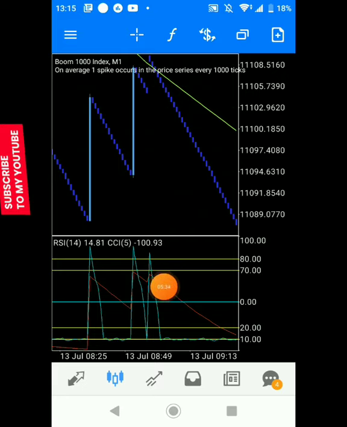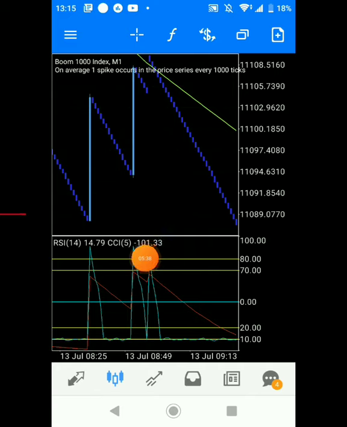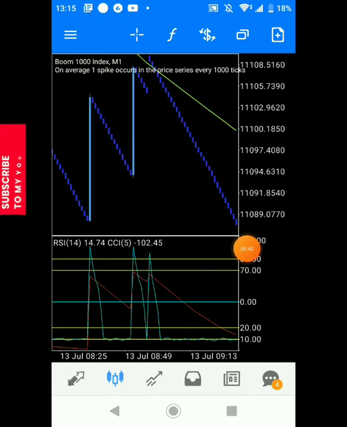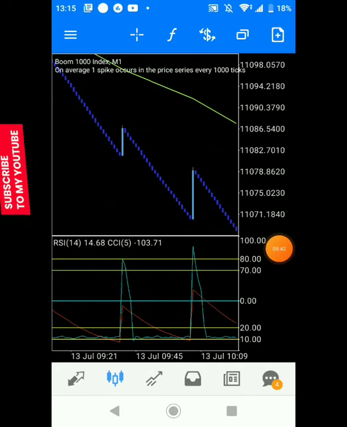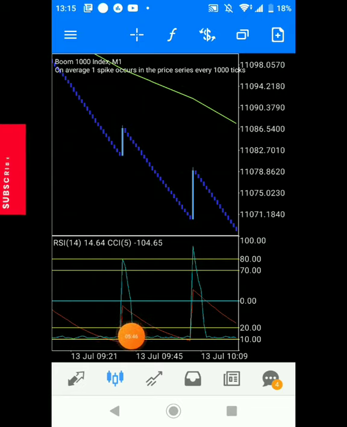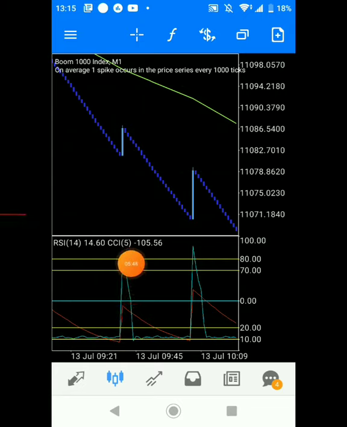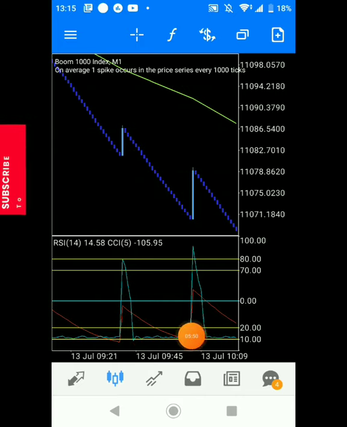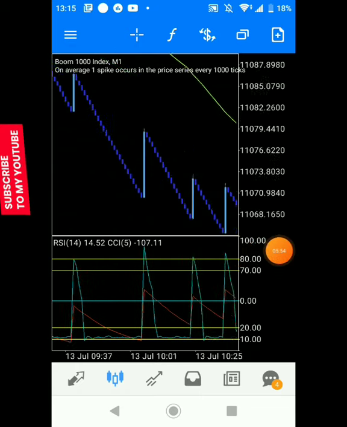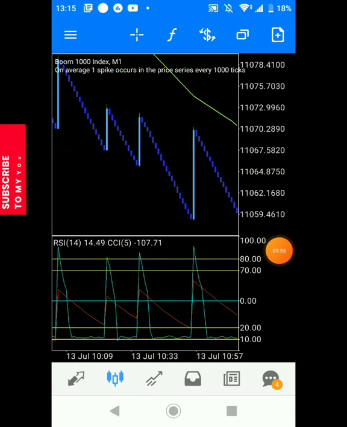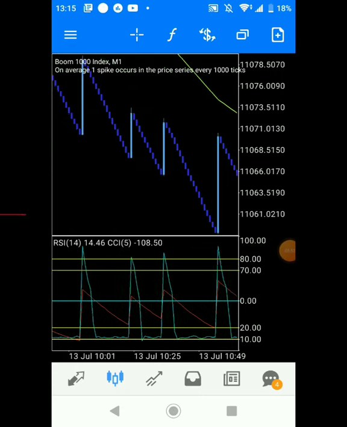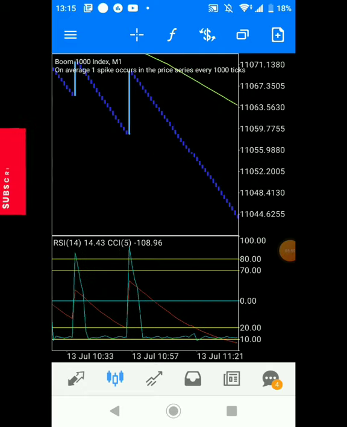The fact is, you want to stick to a rule which says let price get to overbought properly before I place a sell again. As you can see, price going deep down, and when it got to this level again, a spike took place. Price going deep down again, and when it got to this level again, a spike took place. You are still waiting for an opportunity to see price get to the overbought level.